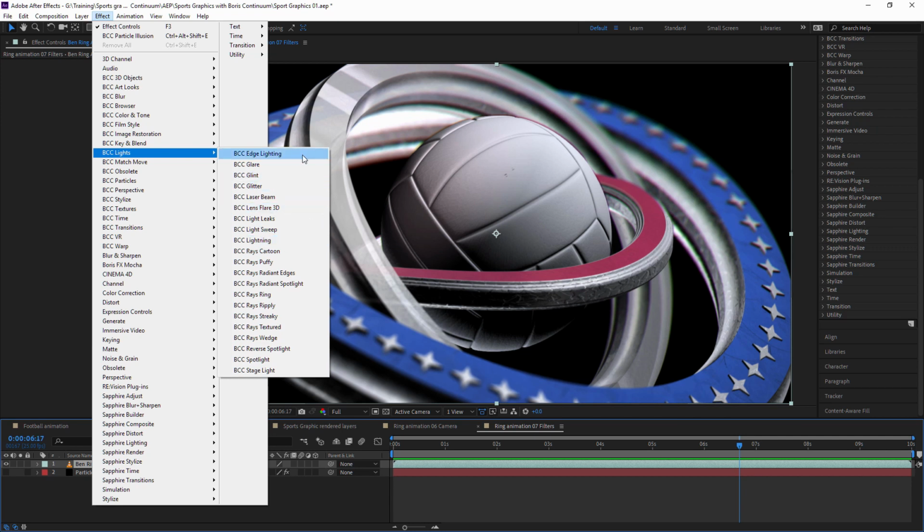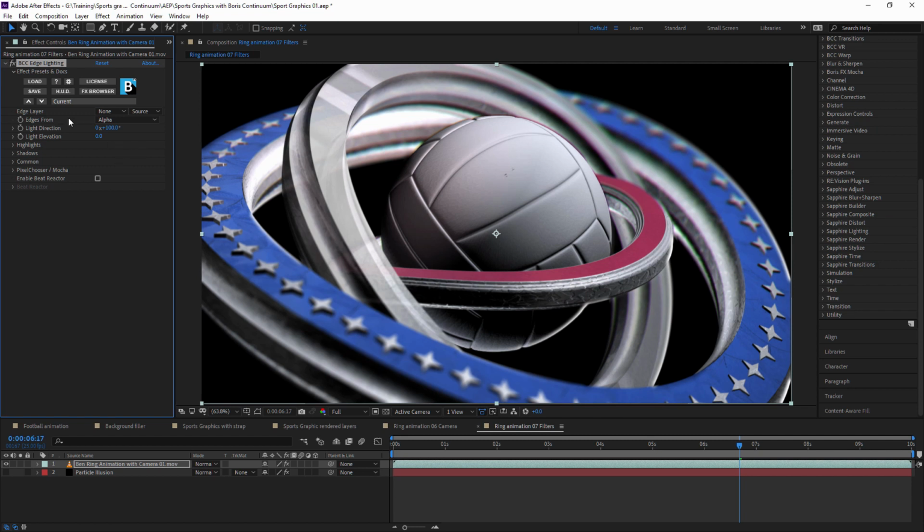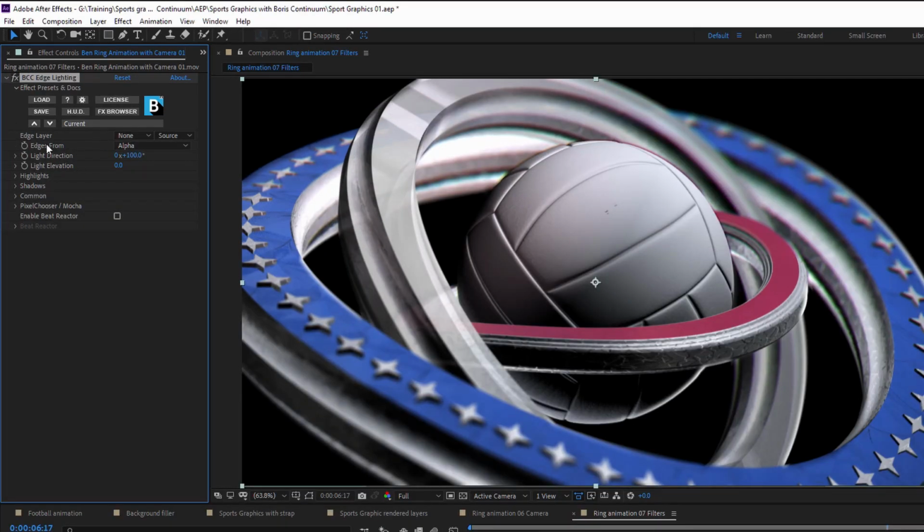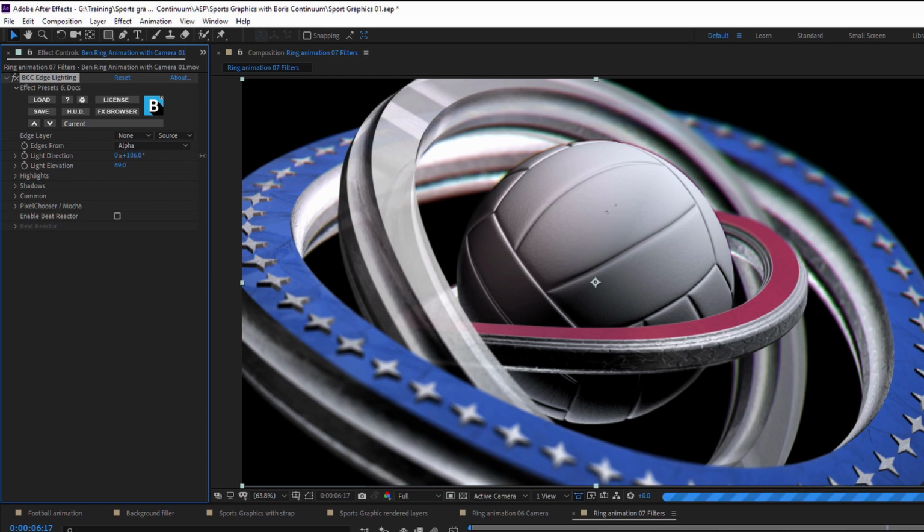One of the ones I like quite a lot is edge lighting. What edge lighting does is we're going to take our edges from the alpha channel and bring that up there. It sort of adds a light edge. Have a look down there. So I spin that around. It's kind of adding another edge light actually to our model. So it's a great way of filling in some of the black details that we have down here.